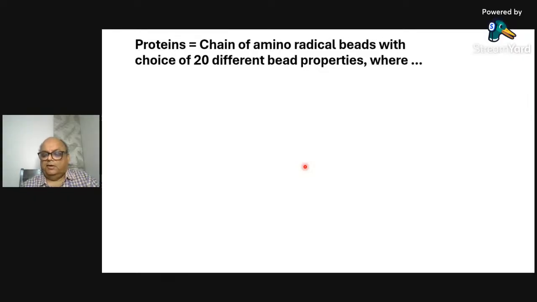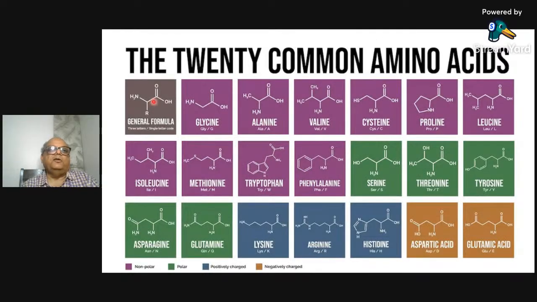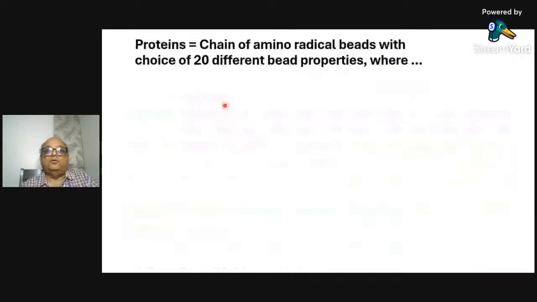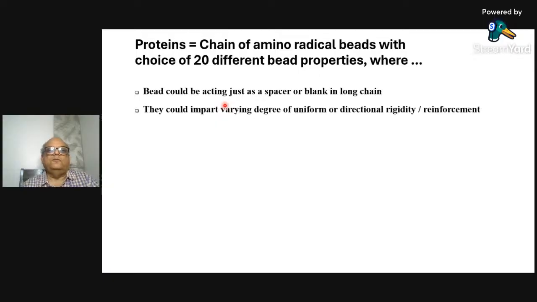And of course, depending on the size of the molecule and whatever atoms are there, it can impart different degrees of stiffness and strength to the long chain that it is forming. Okay, so the bead could be acting just as a spacer in case it is a weaker radical. It could be just acting as a fill in the blank or a spacer in a long chain. So that could be imparting a weaker section to the long chain molecule. Otherwise, they could impart varying degrees of strength,